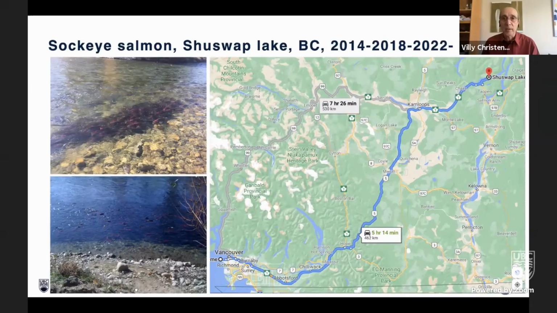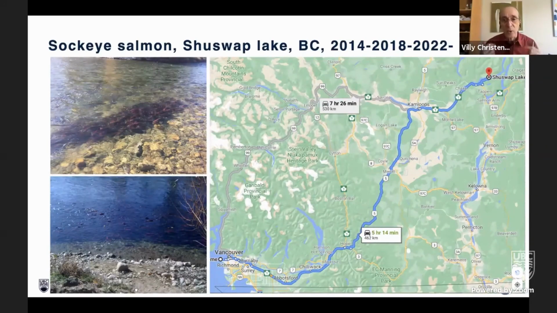One of the pleasures we have here in BC and at UBC is that during the important years, and the important years is not when the Olympics is on, it's when the Winter Olympics is on, 2014, 18, 22, we arranged a field trip up to Shuswap Lake to watch sockeye salmon, because sockeye salmon is kind of an Olympic species. It used to be the foundation for salmon fisheries, the most important fishery in BC. And the crazy thing about this is that it's only in the years with the Winter Olympics. Now, you could make a correlation on that, and you can, well, it doesn't work right now. I think they're postponing the Winter Olympics, but generally it works.